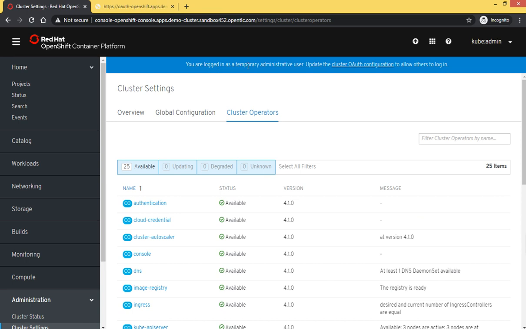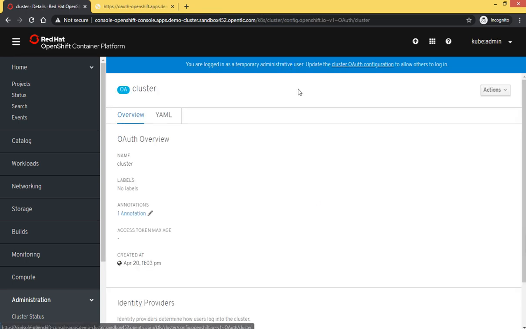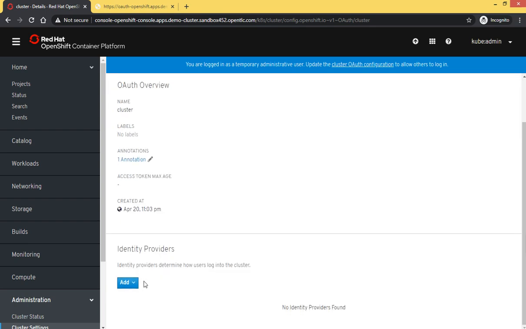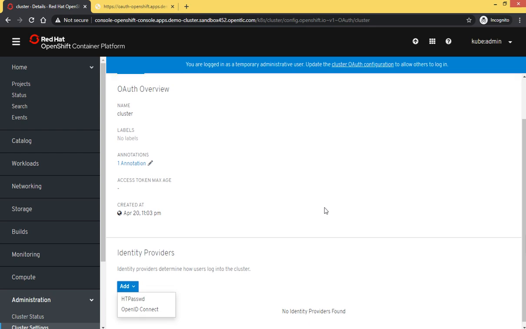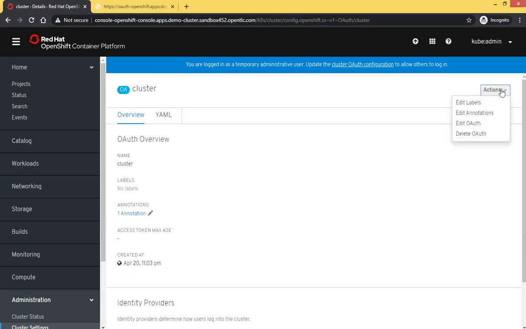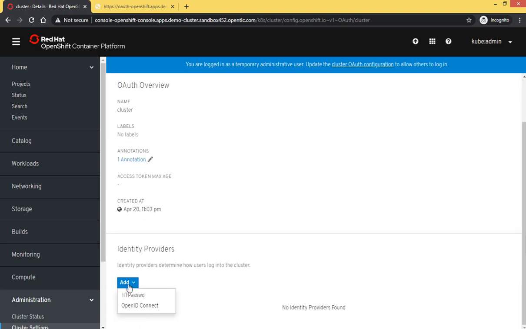Let me check what it is. You are logged in as a temporary administrative user. Update the cluster auth configuration. So auth overview, name is cluster. Okay, annotation, identity provider. Okay, it is giving us an option for identity provider.